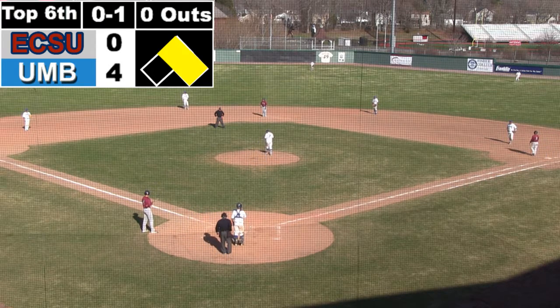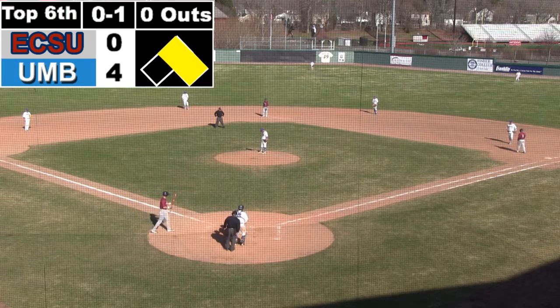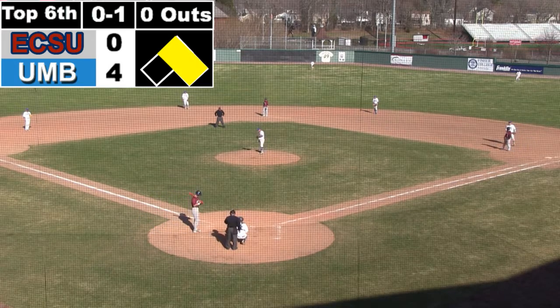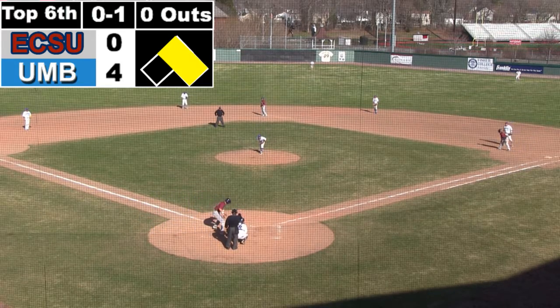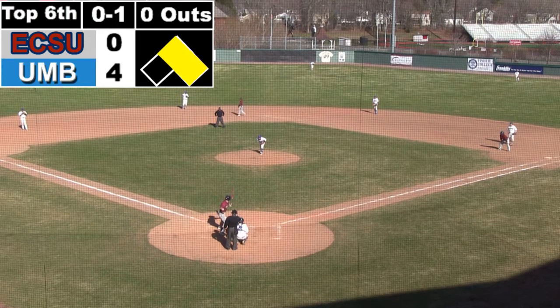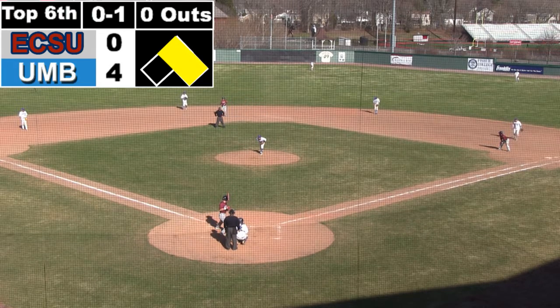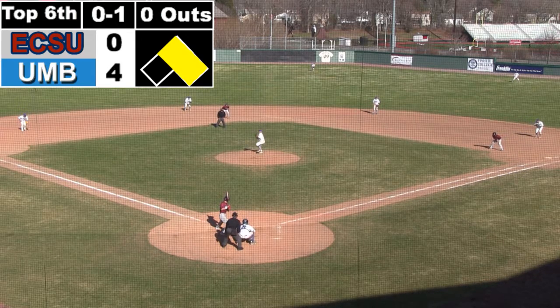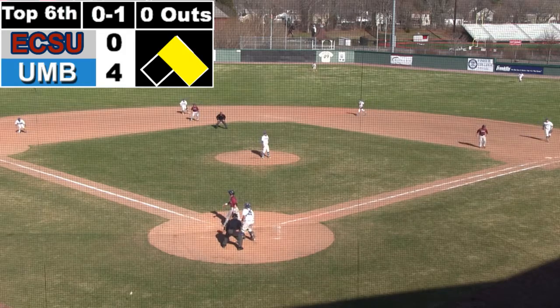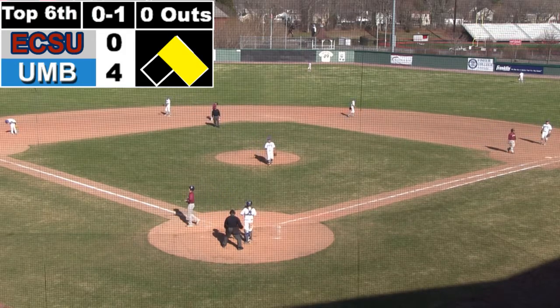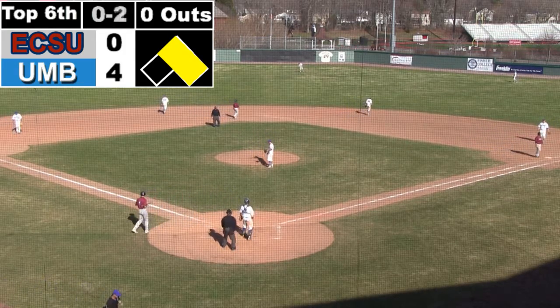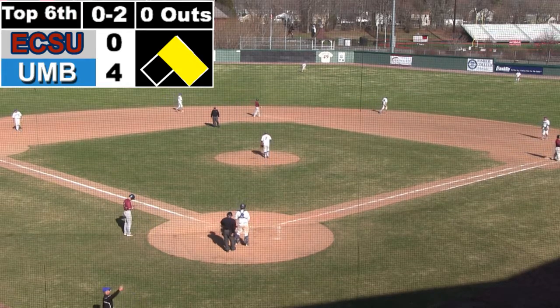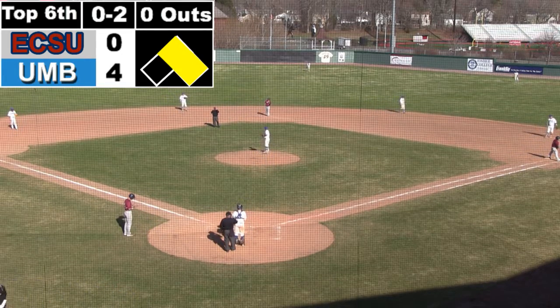Did have a single and an RBI in game number 1. Here in game number 2, flew out to center and reached on an error by the shortstop Bouvier. So he's looking for his first extra base hit, and decent speed on the base path for Eastern. The one thing you don't want to do is run into an out right now for the Warriors down by 4. Ball softly fouled off, and it's quickly 0-2 as Mantoni, despite the jam, is continuing to work efficiently,